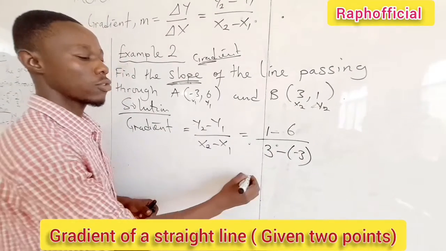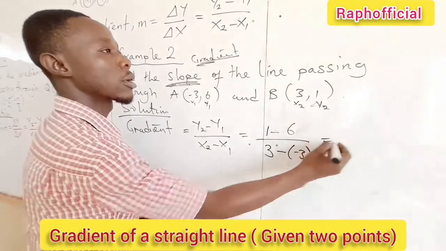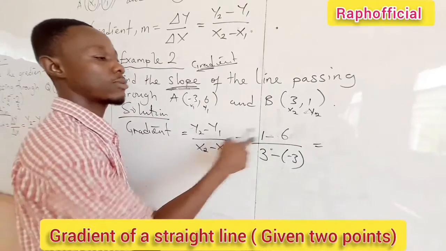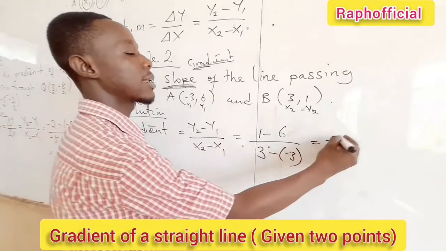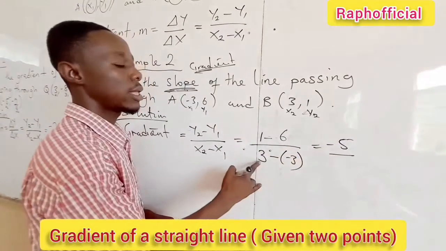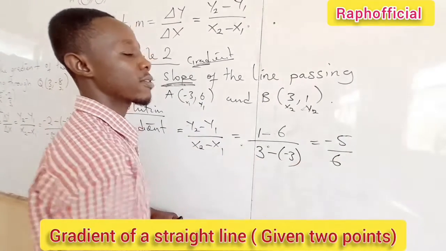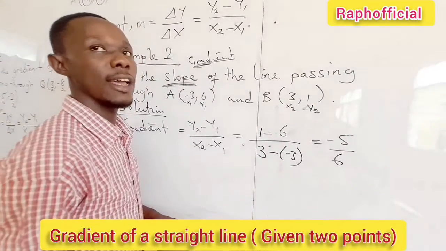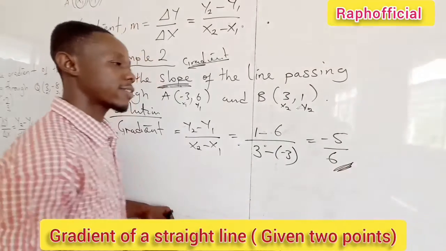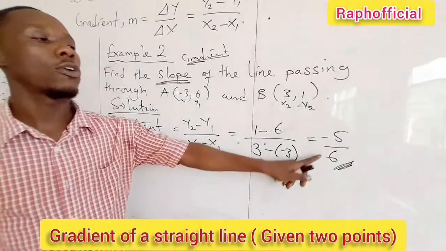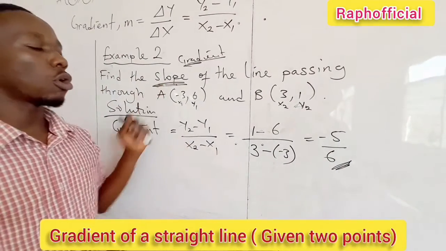So here, let's subtract. Then here, 3 minus negative 3 will give us 6. Nothing can divide, therefore we can conclude that negative 5 on 6 is the slope or the gradient for